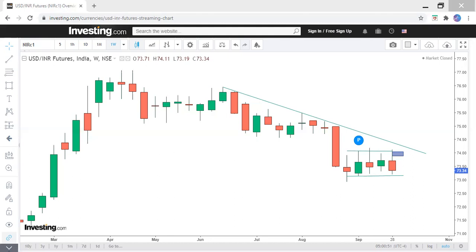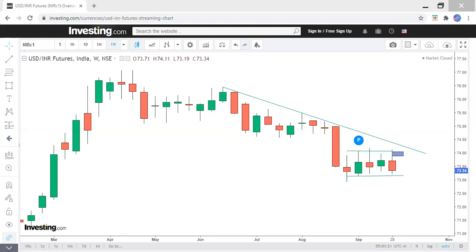74 call has maximum open interest. So based on this analysis, I am looking for USD INR to come to the 74 level once again. It should come to these levels to erode the premium of the put side, and that analysis matches the thesis of similar and highest OI premium, like it should erode the value of the 74 straddle. So this is the conclusion I am looking for.